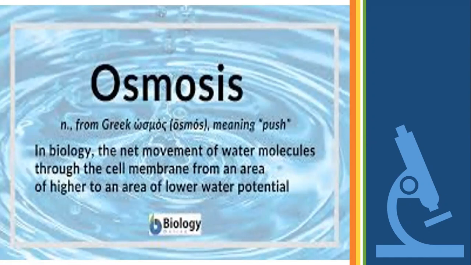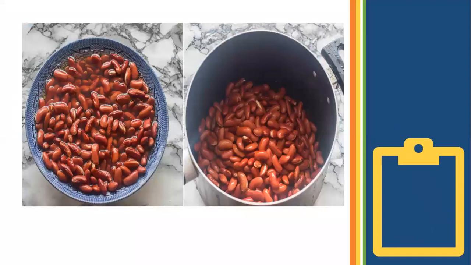Now, there are different examples of osmosis. Have you ever gone to the beach and you realize when you come out of the water, your hand looks a bit shriveled? That's osmosis. We have more examples. On Sunday, Jamaicans, we love to soak our red peas. That's osmosis, because we have water molecules moving from outside through the membrane of the pea, going inside of it.